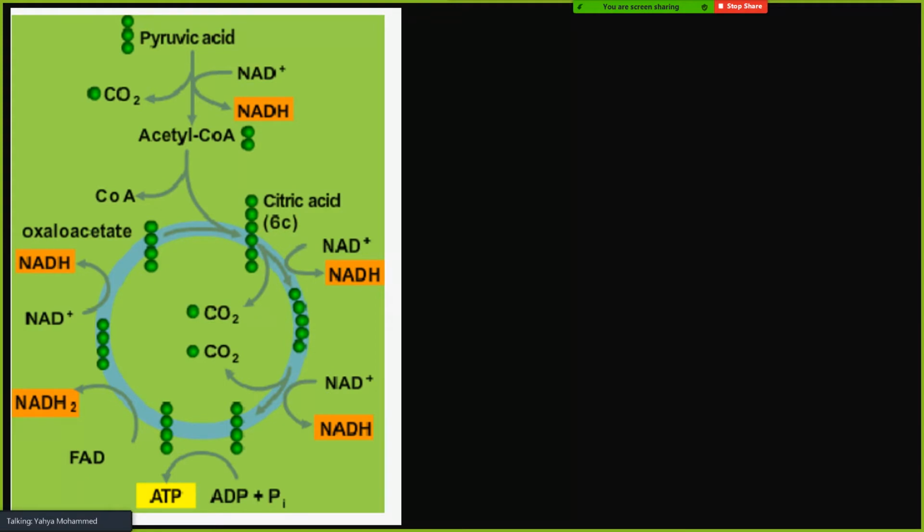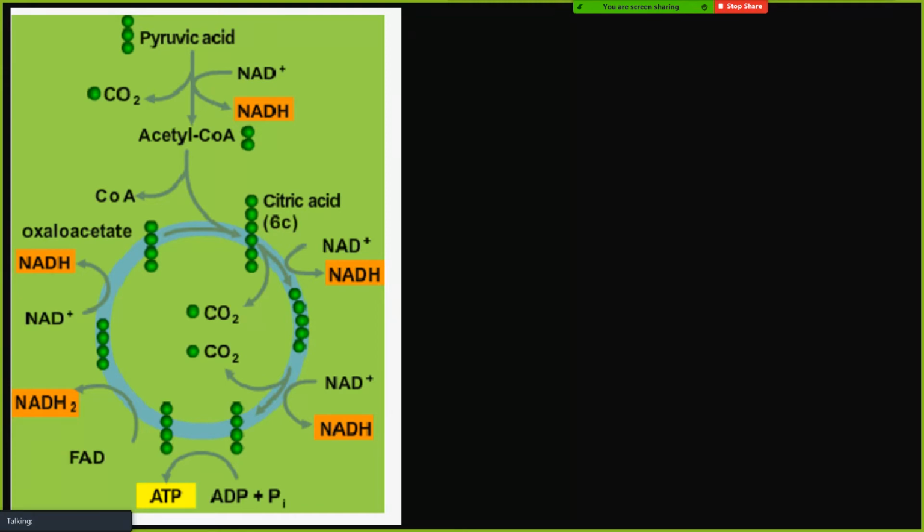When you breathe out, you breathe out carbon dioxide. This is where it's being produced. In addition, throughout this process, a whole lot of NADHs are being produced. You see all this NADH all over the place, so we're charging a lot of these batteries up. Then you have two carbons left. It's called acetyl-CoA, and it goes through this cycle. Throughout this cycle, energy is being released,